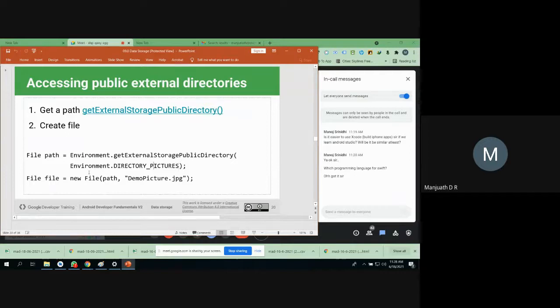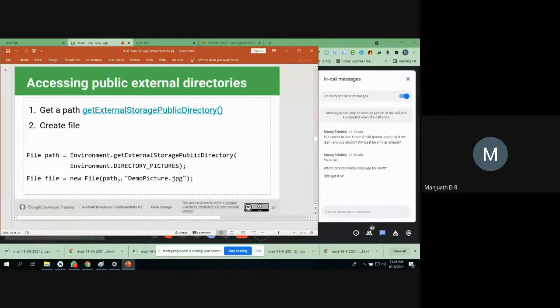Here also, in the internal storage case, what we have done is directly access the file using the getFilesDir method, right? Here we are not doing like that. First we are going to get the file, similar to internal storage. Here also we are doing the same thing. Two parameters we are passing here.